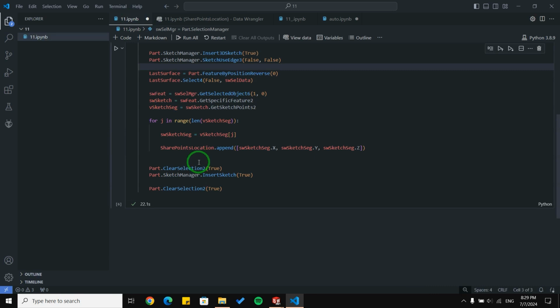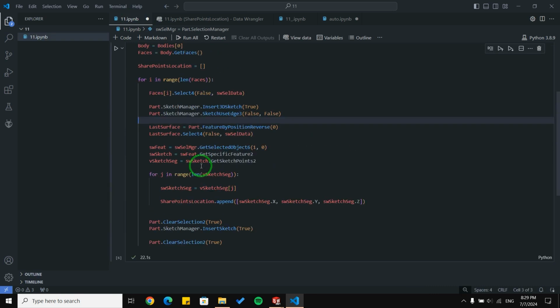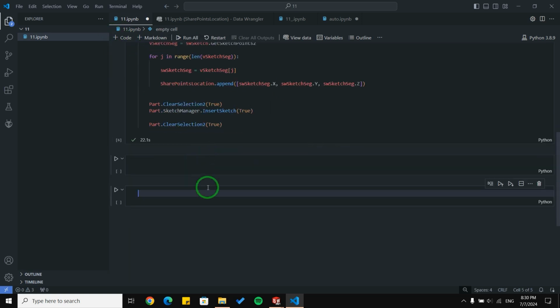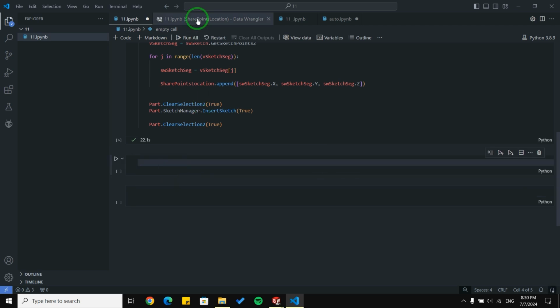Now we need to write a code to separate or delete duplicated points. Let me write this code here and then explain it.